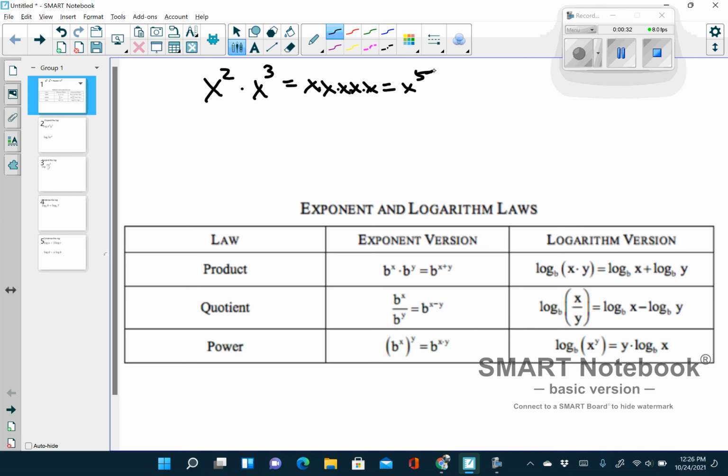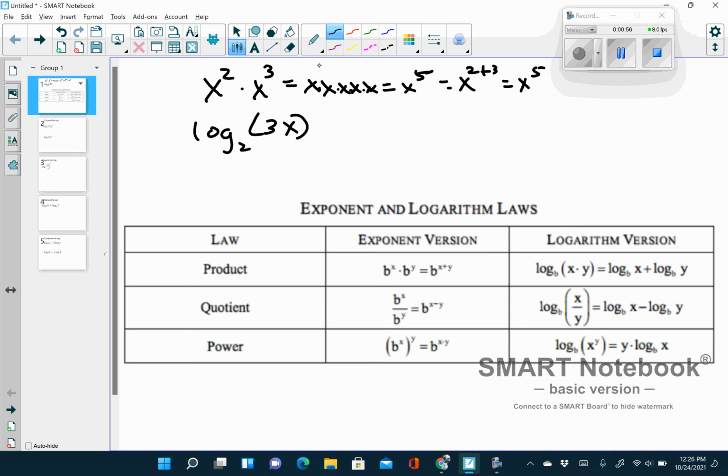To refresh your memory, the shortcut is just to do x to the second plus 2 plus 3, which is equal to x to the fifth. Okay, so how that translates into logs, so we're going to do a log problem, is if we have a log base 2 of